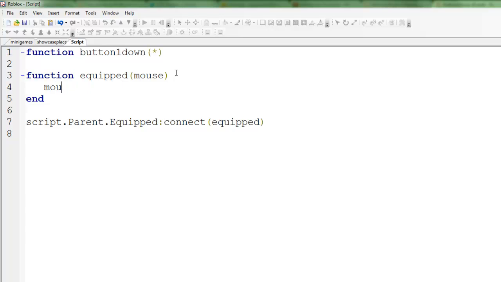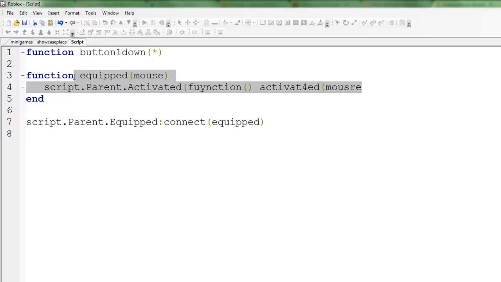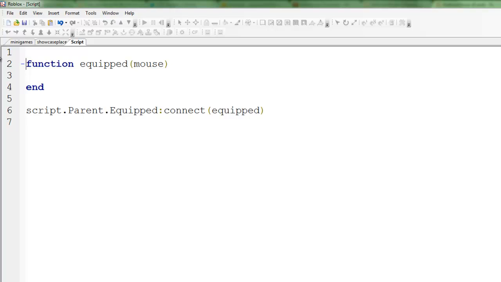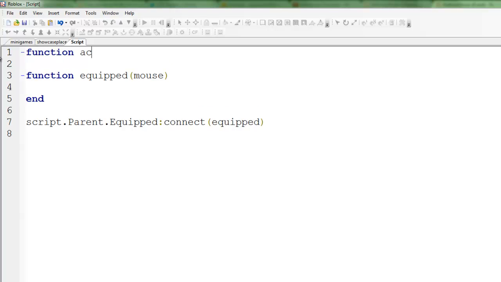Or we could do script.parent.activated, connect it to some activated function, and then, well, not exactly like that, and then we'll create another function, and then go activated, and then also have the mouse. So for the purpose of this, I'm actually going to use the activated function, contrary to what I first thought, because I haven't showed you it yet. So, go create another function, activated mouse. When it's equipped, we're going to set up the activated function, so